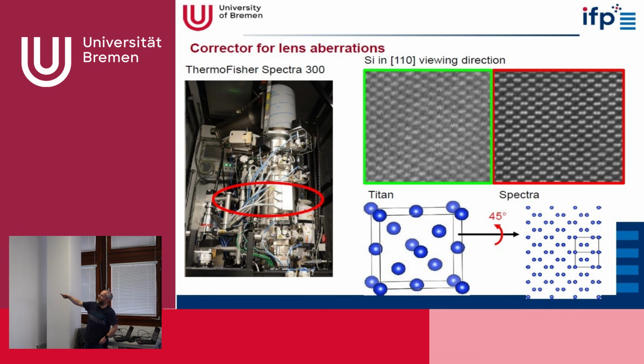And if I put the sample in, we can see in the Titan that the positions here are a little bit elongated, and if you have a lot of fantasy, you might see that some of these points, maybe here, are a little bit separated. But it's difficult to see. Whereas if we go to the image of the Spectra, it's quite clear that these elongated structures that we saw in the Titan consist of 2 atoms, and this already resembles this model structure quite well.